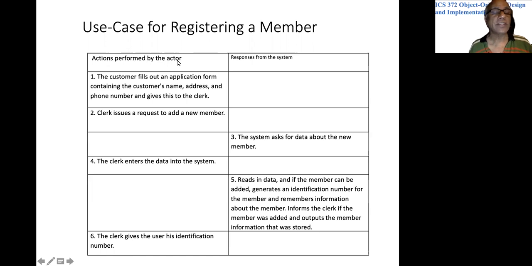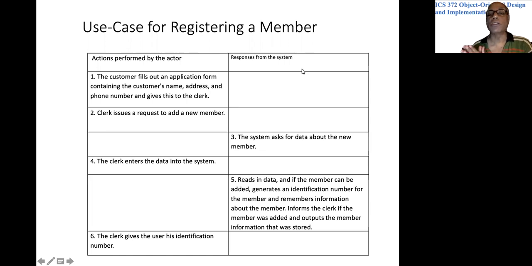The actor in this case is the library staff member who helps a person become a member of the library. And the second column is titled responses from the system. So it is an interaction between this human agent, the library staff, and the system, which is the library system